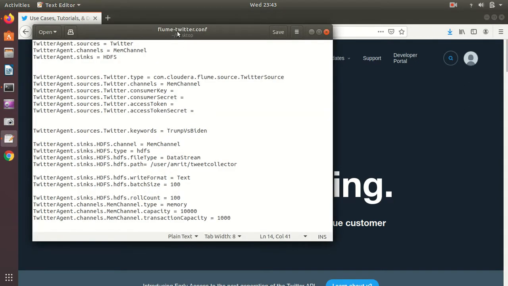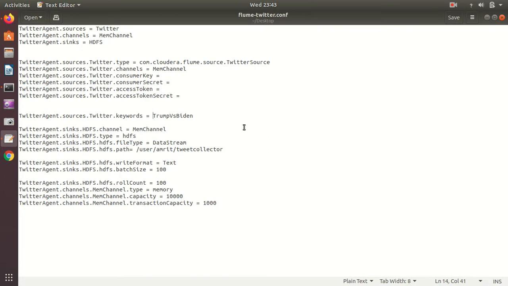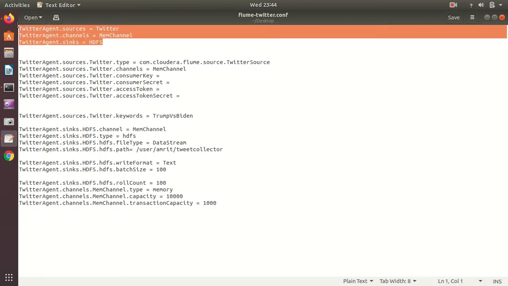So guys, this is my configuration file. In this case, I'm using the agent name Twitter agent. As I've already stated in my previous videos as well, the agent name can be anything; you can set whatever you want here. As you all know, an agent has 3 components, which is why at first you are getting 3 rows here: we have a source, a channel, and a sink.